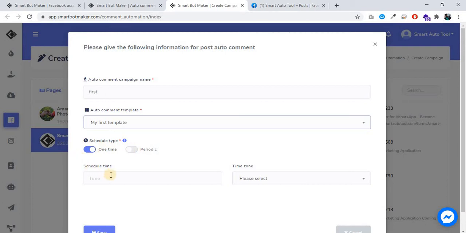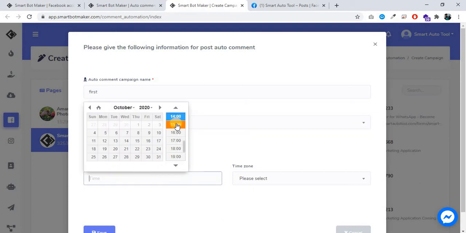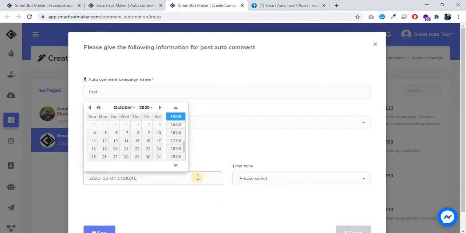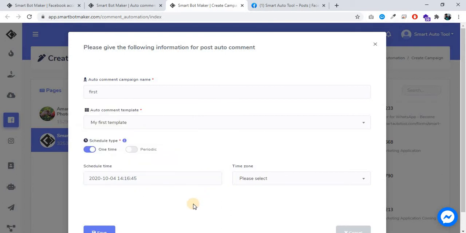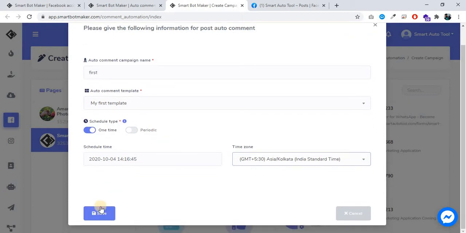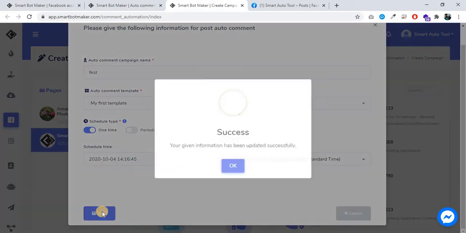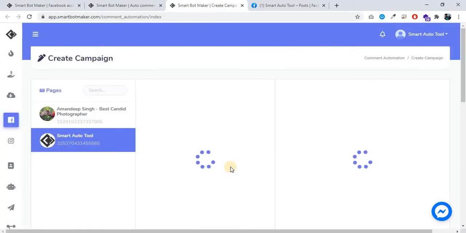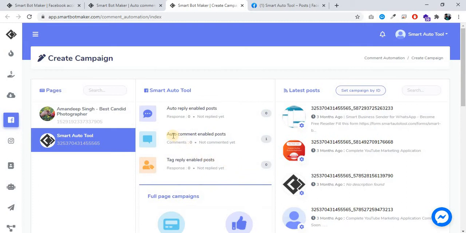I choose one time, schedule time, 2 minutes from now. Select the time zone and then click on save. Here you can see auto comment enabled post 1.